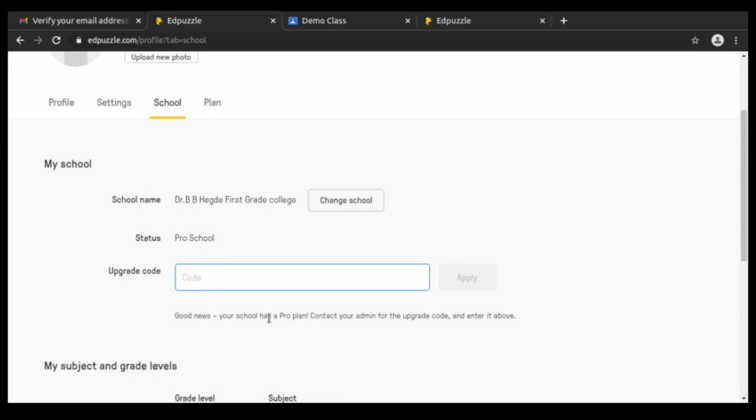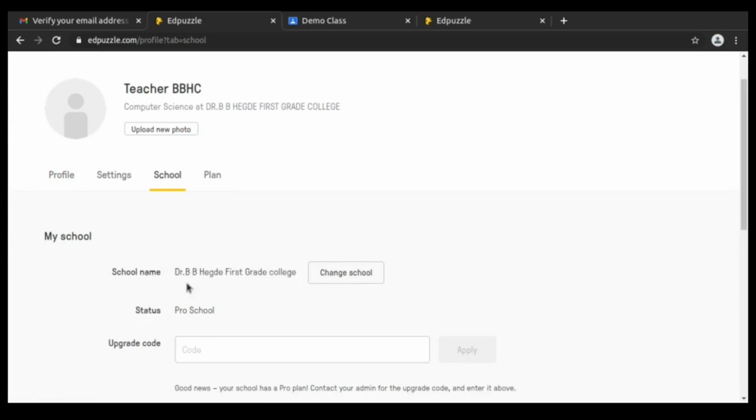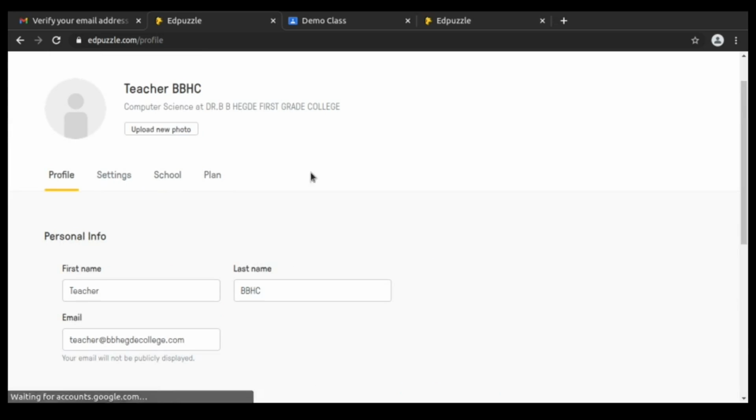Consult your administrator to give you that upgrade code so that when you apply it, you will get your pro account. Fine. And here you can note that a basic plan will allow you to add only 20 videos, but a pro school account will have unlimited video uploads.